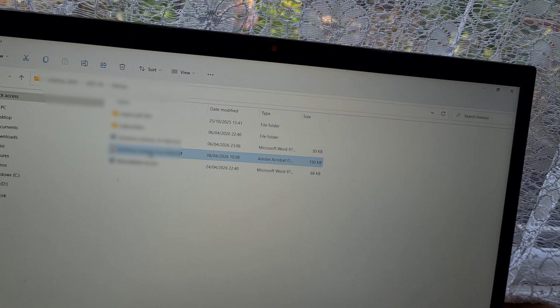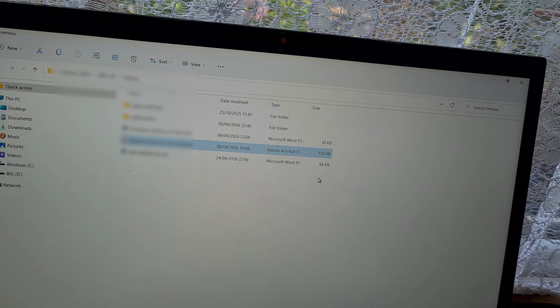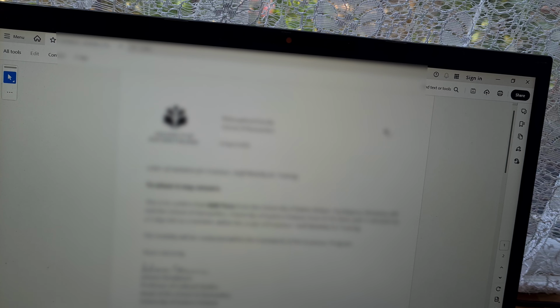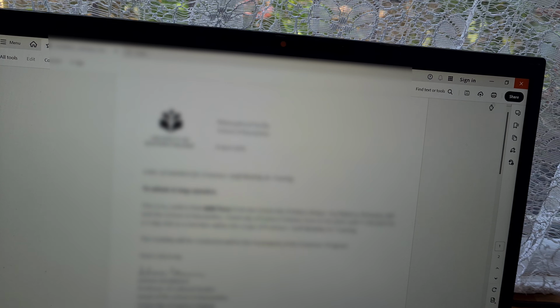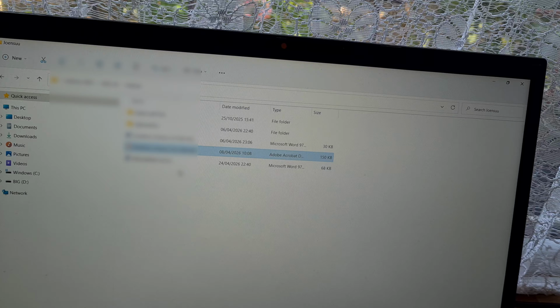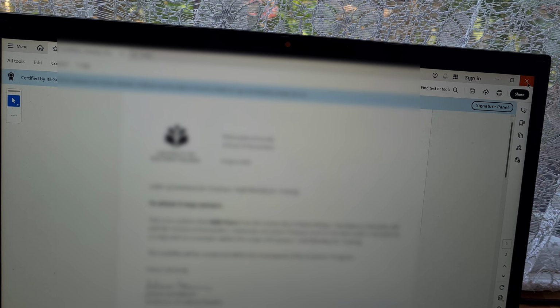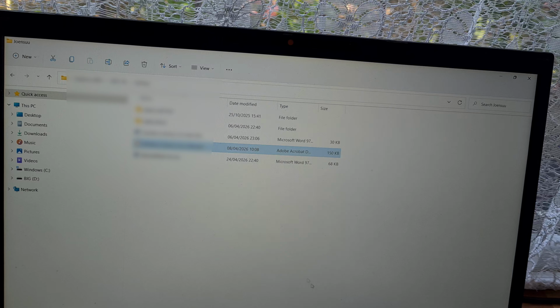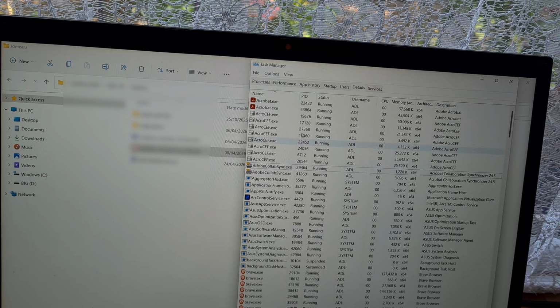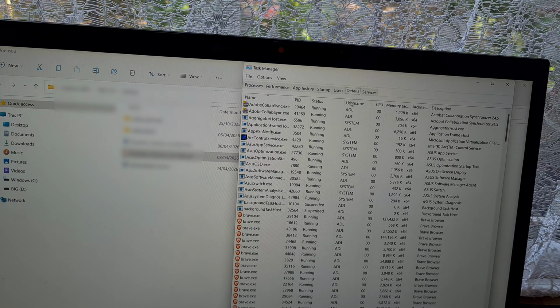Okay, now try to open the document, and voila, it opened. Close it, open it again. Now it's working. So just in case your PDF is not opening, in Task Manager here on the Details tab,